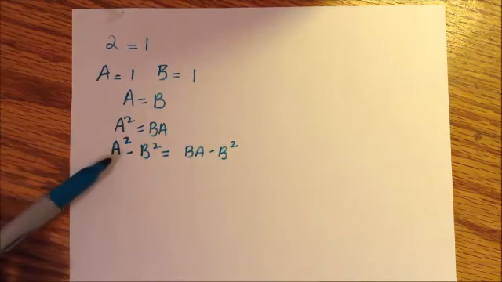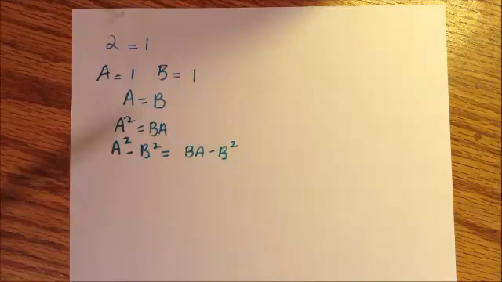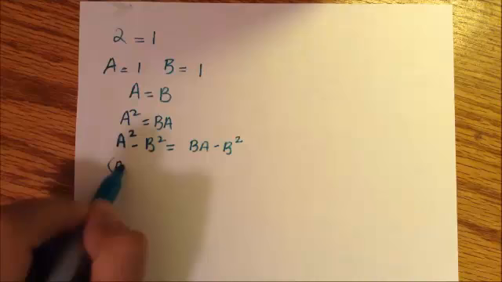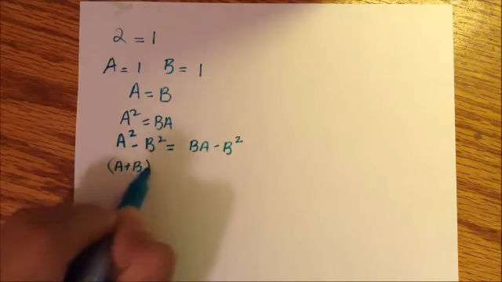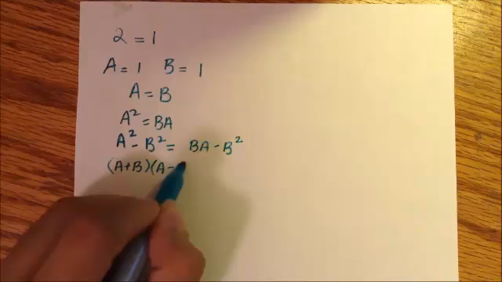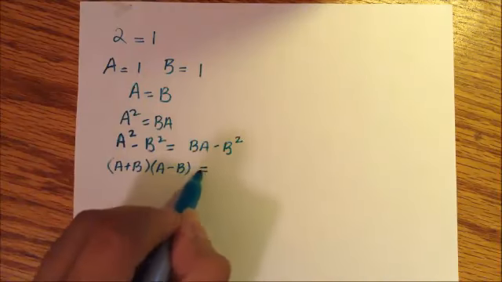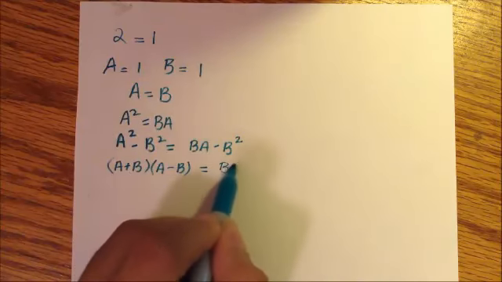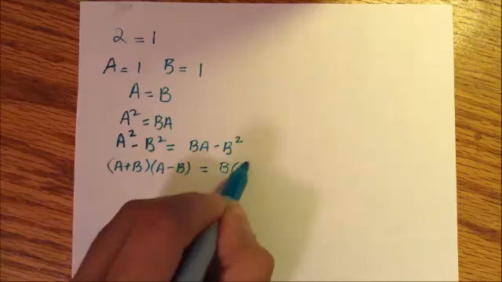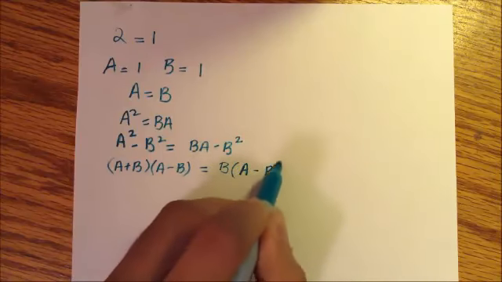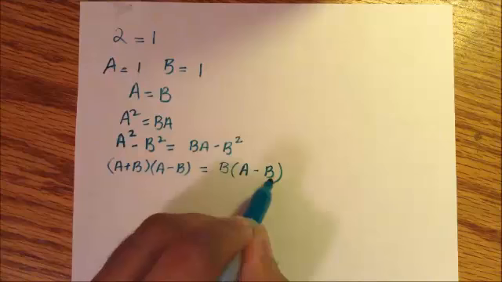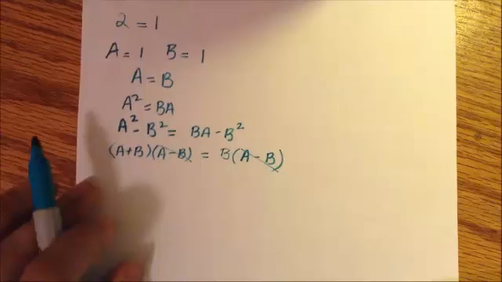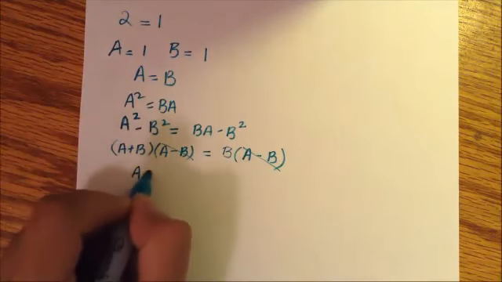Now we can say that A squared minus B squared is a difference of squares. So we can also break this into A plus B times A minus B, right? So that's equal to, we're going to factor out a B, so we're going to take out a B. So we're going to have A minus B, since this is B squared, B times B is going to give us B squared. And now we're going to cross these two out, so we're going to have A plus B